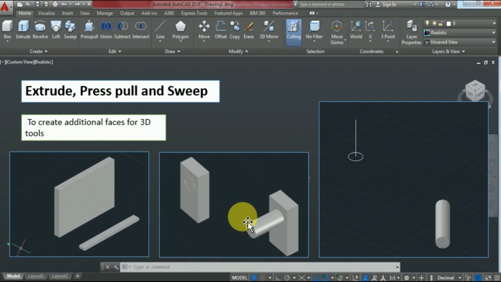In the next figure you can see the press pull command is used to get the rod inserted in this vertical column. And sweep command, here you can see a pipe-like structure which is formed using the sweep command. Here you can see the 2D linear object which is converted into 3D using sweep.